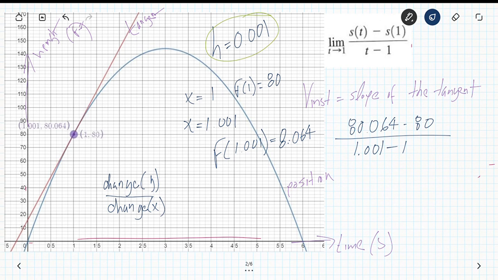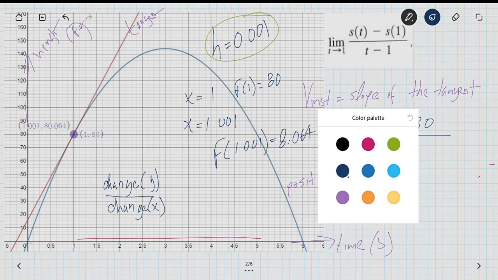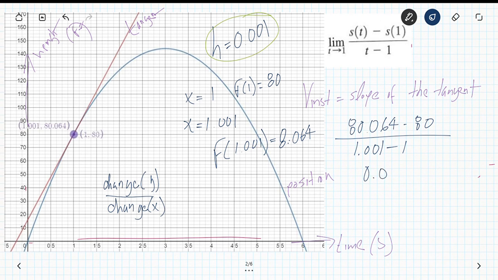Okay, and this would give us a slope of 0.64 over 0.001. Okay, and this is feet and this is seconds, and so the slope of those 2 points is going to be